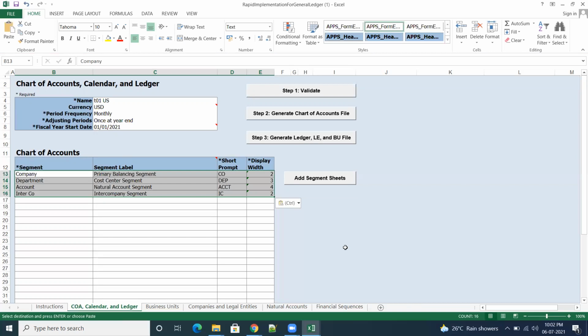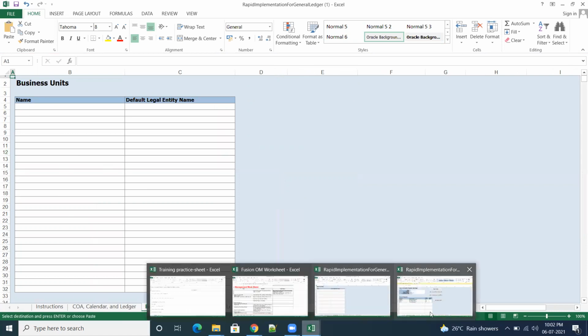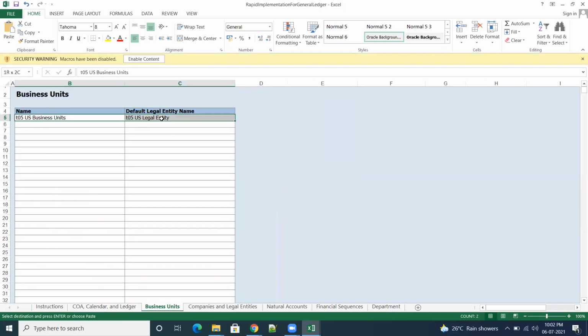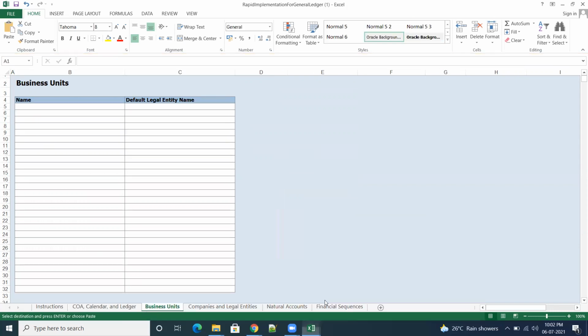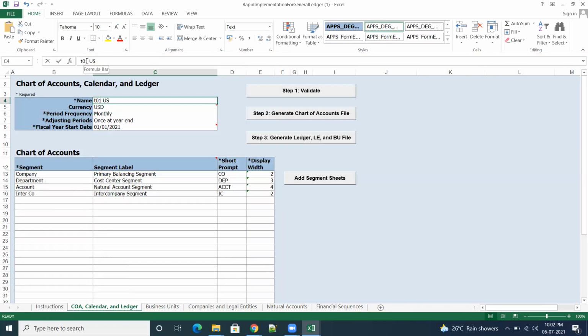Okay, so now go to the second page. This is the BUs. How many BUs do you want under this particular ledger or structure? So here also I'll do the same thing, T05, copy that, paste it. What I gave here, T01, no? Let it be T05.